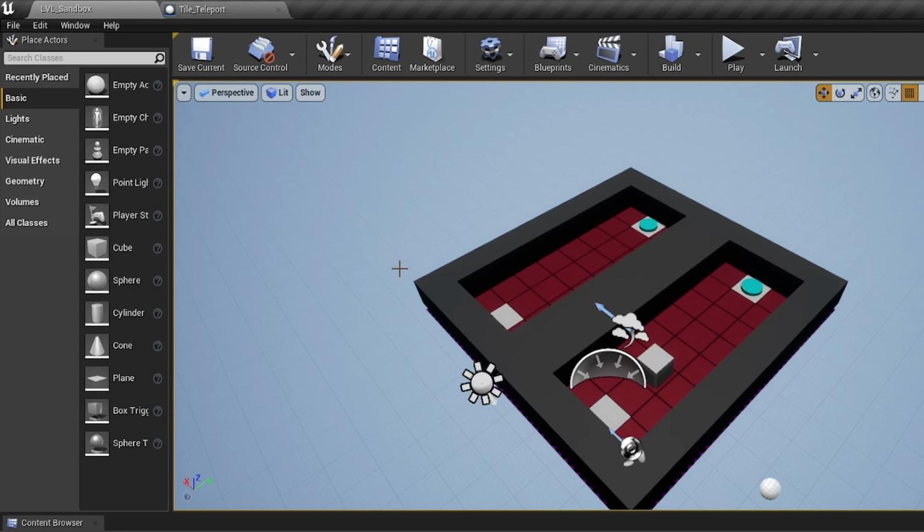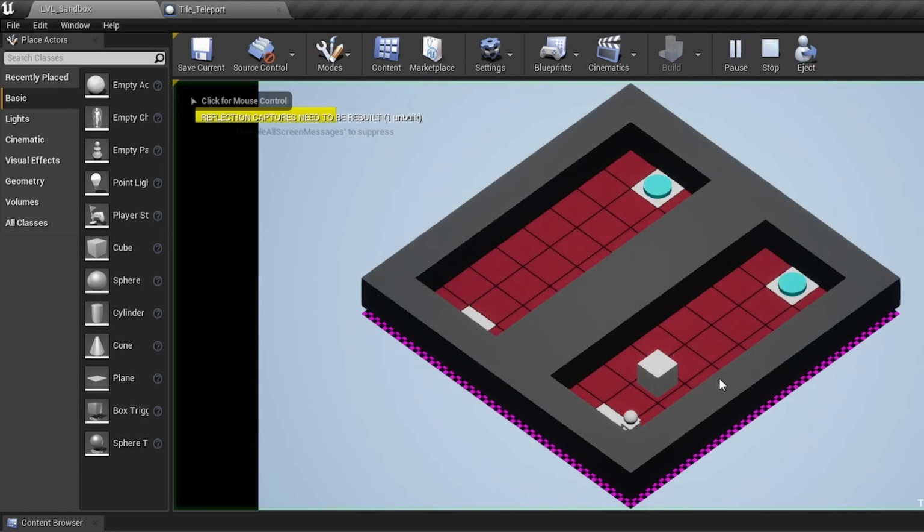The mechanic I came up with was a teleport tile, and in the game, this teleport tile is represented by the white pad with the blue little platform on top of it. If a player decides to interact and step on it, it will teleport them to the other side of the map, and they end up on this white pad over here. And then if they want to head back, they could just step back on this pad, which takes them